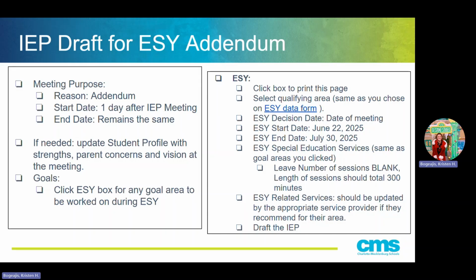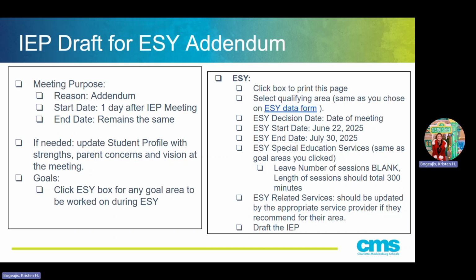I will say this, if you get into a meeting with me and you have clicked that they're getting speech during ESY and I don't see data open or something to review, or if your speech path is not sitting in the meeting with us, that is not something that we are going to make a determination for. It's either going to hold us up and we're going to have a meeting on a different date, or we are going to unclick that just as easy as we clicked it.